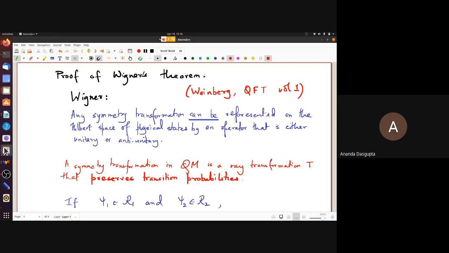But what is important is the "can be" here has been underlined. Sometimes, especially quantum mechanics books tend to sort of say that you always have a unitary operator which implements a symmetry, if you're talking of symmetry of quantum mechanics. First of all, Wigner's theorem says not only unitary, you can also have anti-unitary representations. We are going to talk about that as the proof of this progresses. But more importantly, "can be" is very important. The point really is that when you talk of a transformation in a quantum mechanical system, what changes